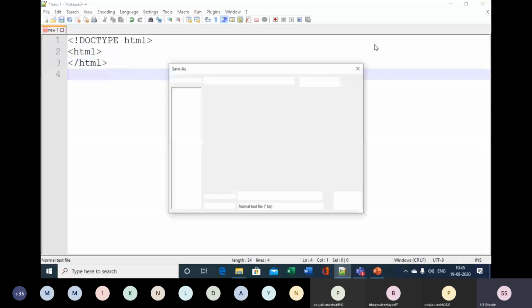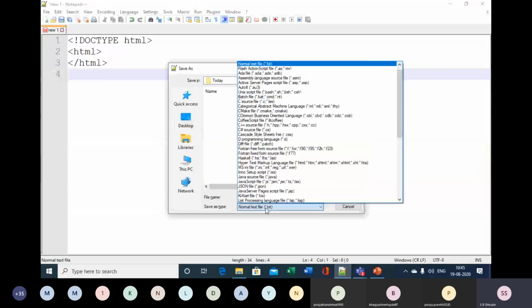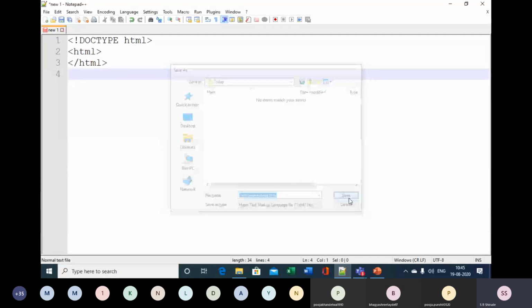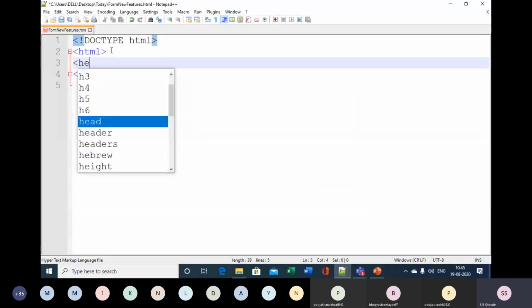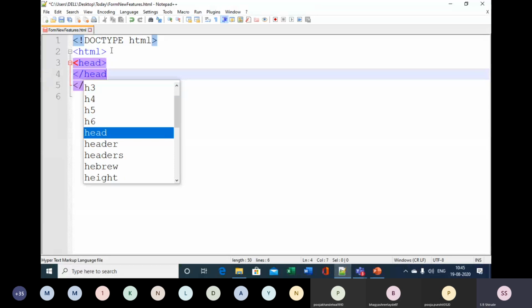Suppose on the desktop I have created today's folder, and here you select the option for hypertext markup language, and let us give the name example from new features.html. Save it.